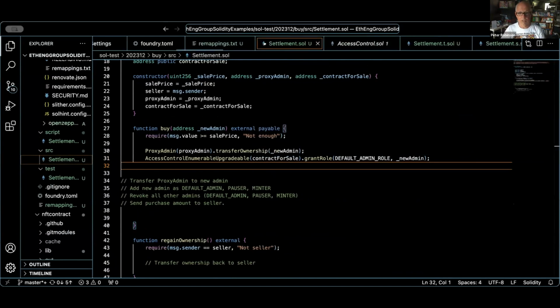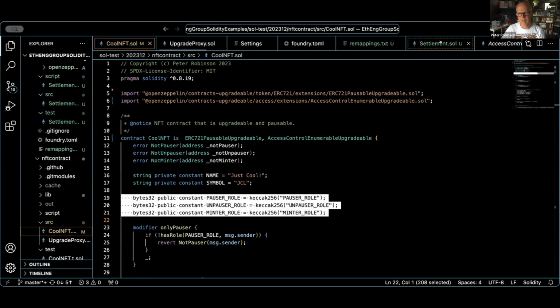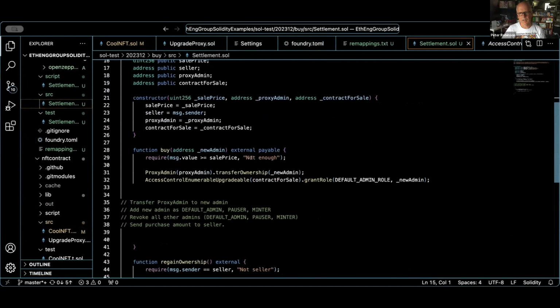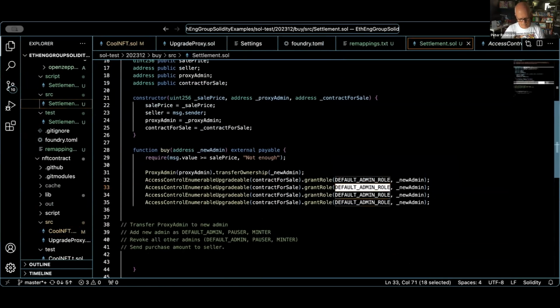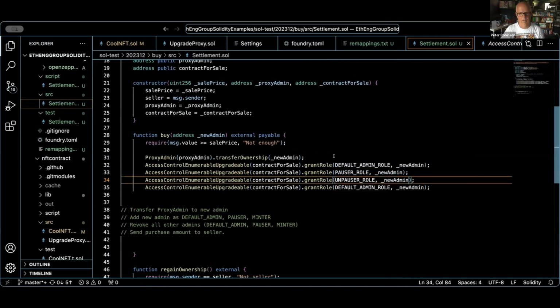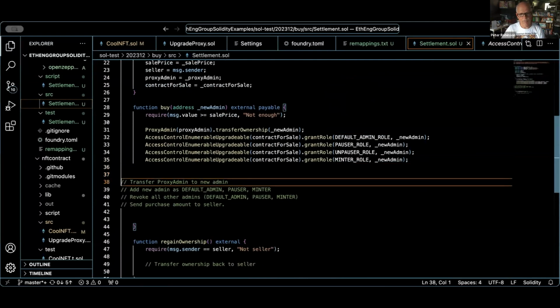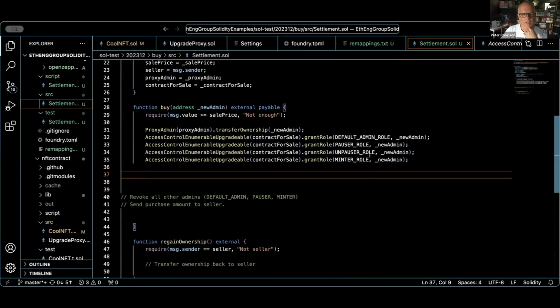And so now we also need to worry about the other admin types. So if we have a look here, we've got these as well. Okay. All right. So now we've done that. Then we need to revoke all of the other admins. And so what we need to do here is